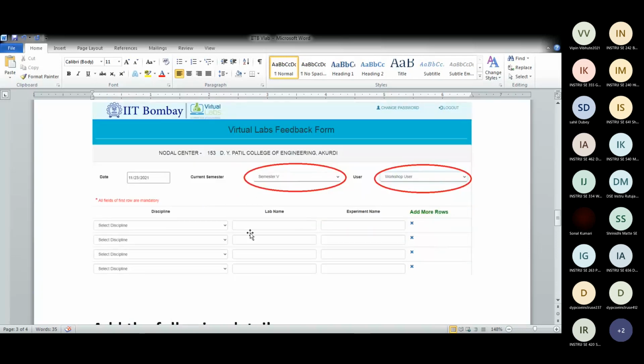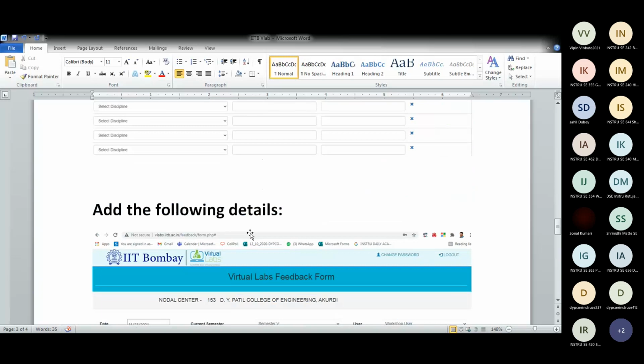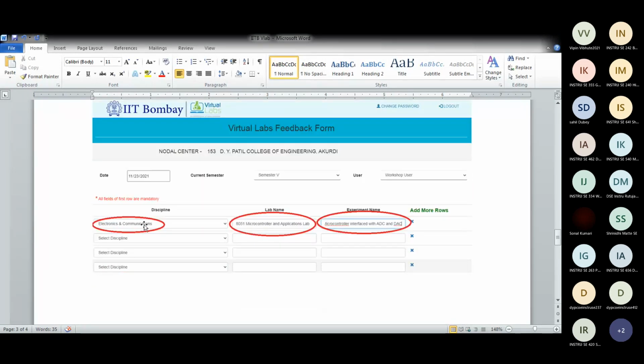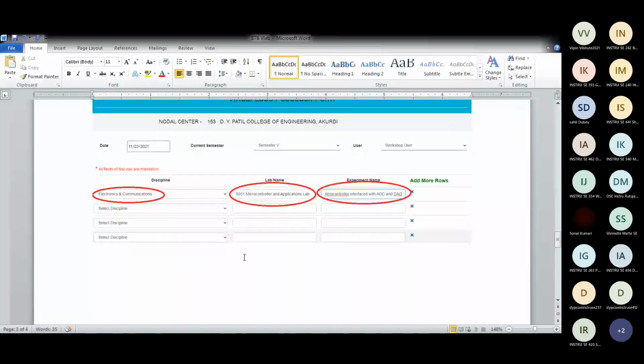After you finish this, add the following details of your lab. From the drop-down menu, you have to select Electronics and Telecommunication, because there is no separate lab for instrumentation. Then the lab name and experiment name. You will find this on the website while you're doing the experiment, so you have to copy and paste it from there.